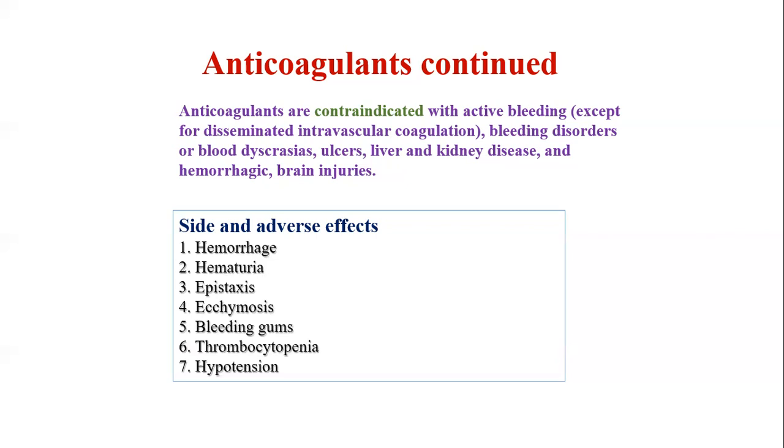The patient may develop thrombocytopenia, which means the platelet number goes down, nausea, an increase in liver function tests, or diarrhea. And some patients develop hemorrhage, right? Hemorrhage means active bleeding. Or the patient may develop hematuria, which means urine mixed with blood, or epistaxis, which means nose bleeding, ecchymosis, bleeding gums,